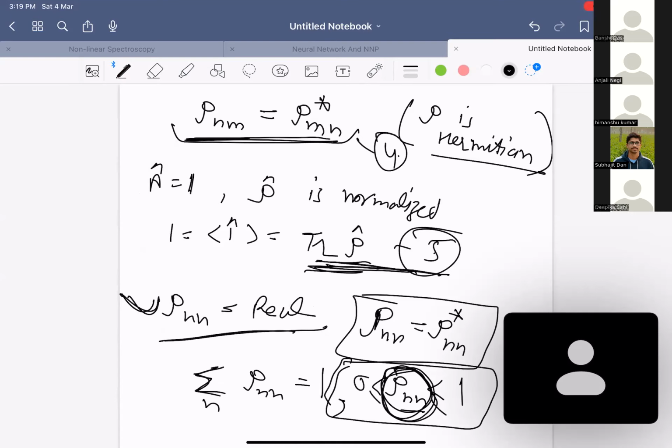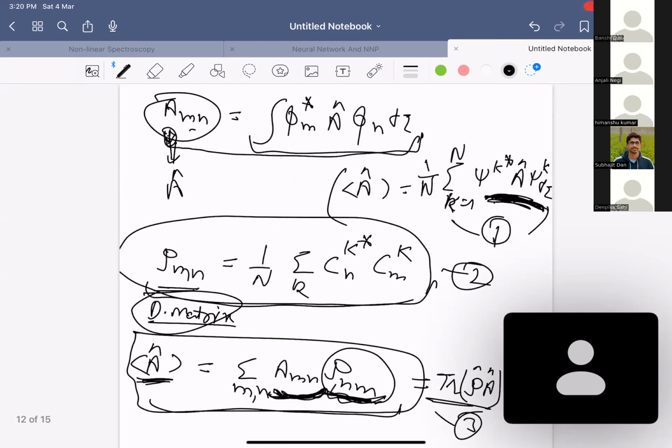Okay, where the density matrix was defined. So the density matrix you have designed here, I'm just a little bit confused about why we are calling this a density matrix. What is the role of density here? From where is the density coming out? So the density is coming through these